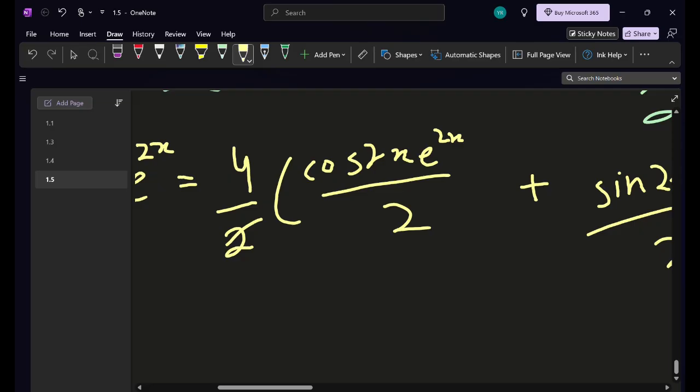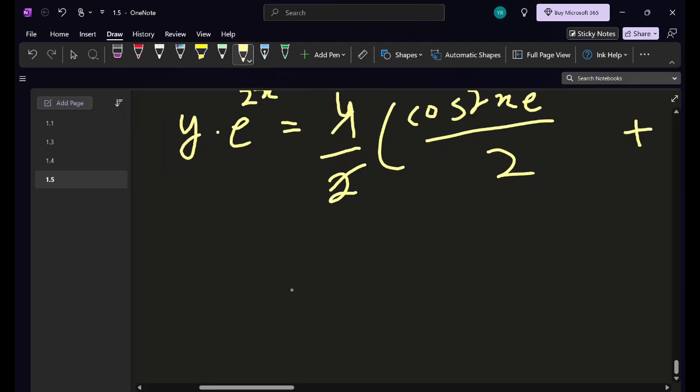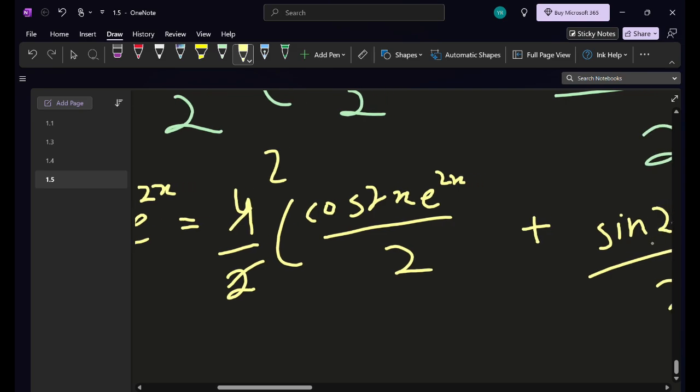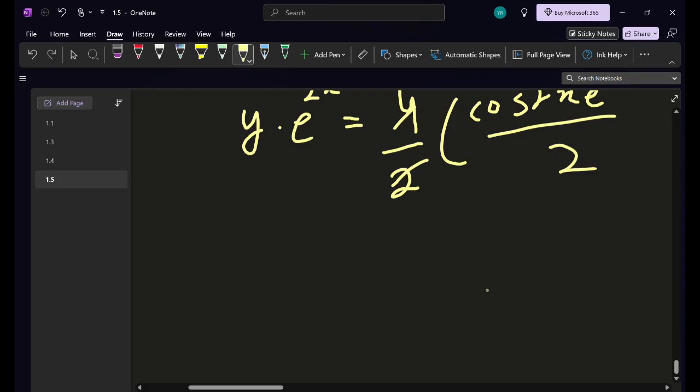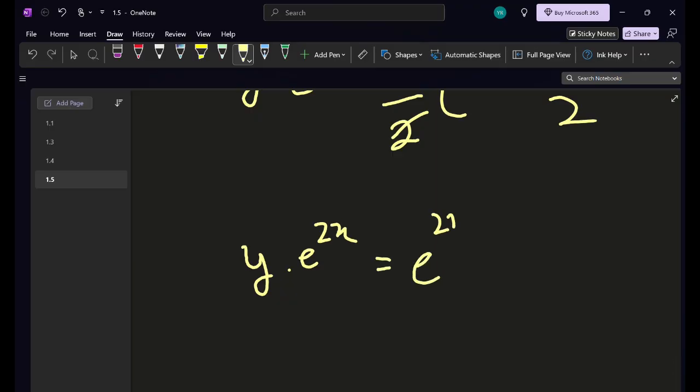Well, this cancels out, and if we take 1 by 2 common, this cancels out, it leaves us with a 2, and then if we take 1 by 2 common from these two, this also cancels out, so we are left with y into e to the power 2x is equal to e to the power